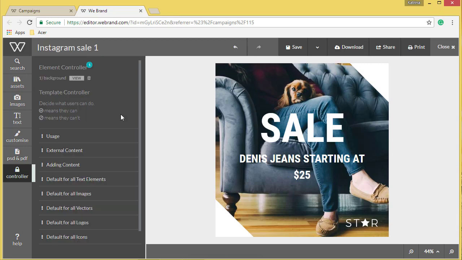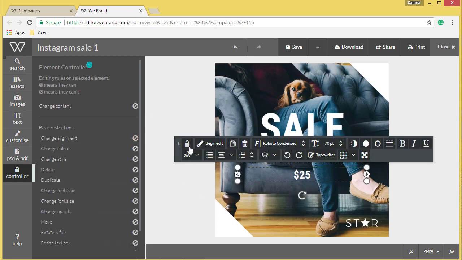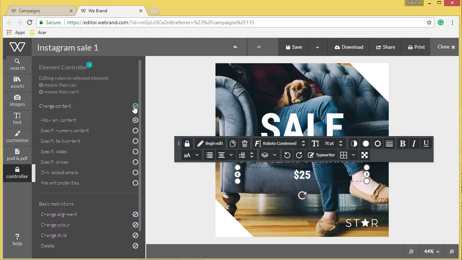Now let's look at the locking feature for text. If I click on the text box and press on the lock feature, you can see all of the different rules that I can apply to this text box. If I want to allow my members to change the content, I simply click on Change Content and specify the restrictions or allow them any content. For example, I can specify the numeric content, text content, dates, prices, only accept emails, and prevent profanities in multiple